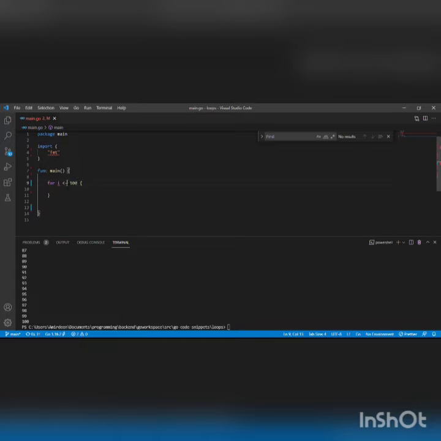You have to initialize i first. That's the first thing. So we can say i should be 0. Then we print out i, then we increment i. So if we run the code,